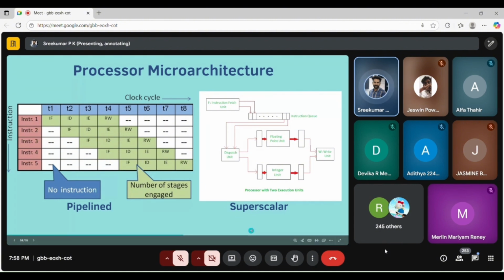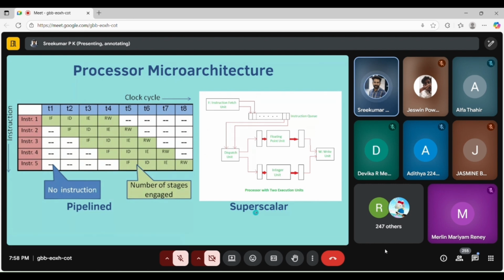The next processor microarchitecture is superscalar architecture. In superscalar architecture, you can see different blocks. There is an instruction fetch unit and an instruction queue unit, which are there in pipeline architecture.